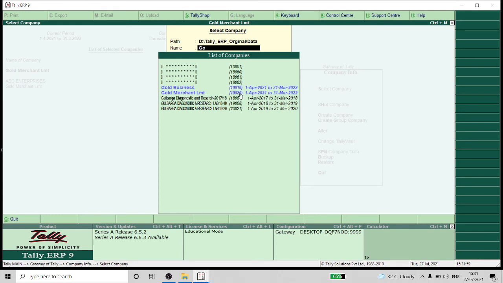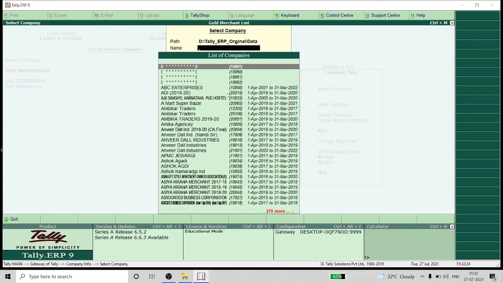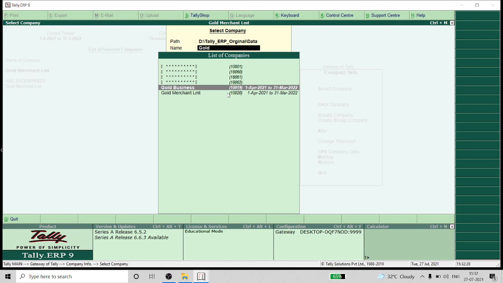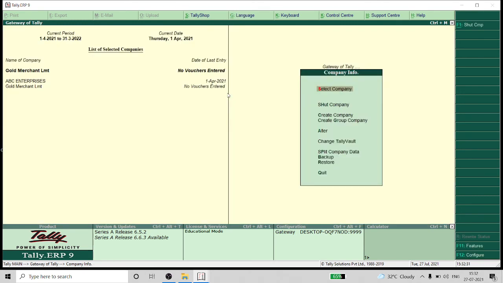This is the number for this company which I have created. I have shown that this is the path where your data is stored. So in this drive, this file is going to be saved with this number, not with this name. It is going to be saved with this number, that is 10020. So among these, if you want to select, you just go here and select this company.